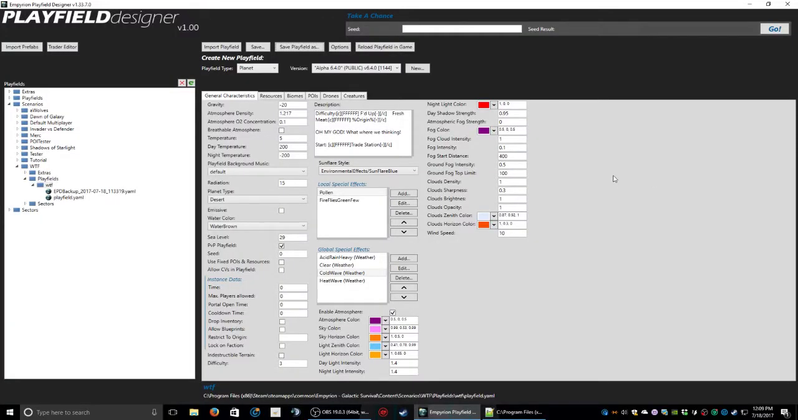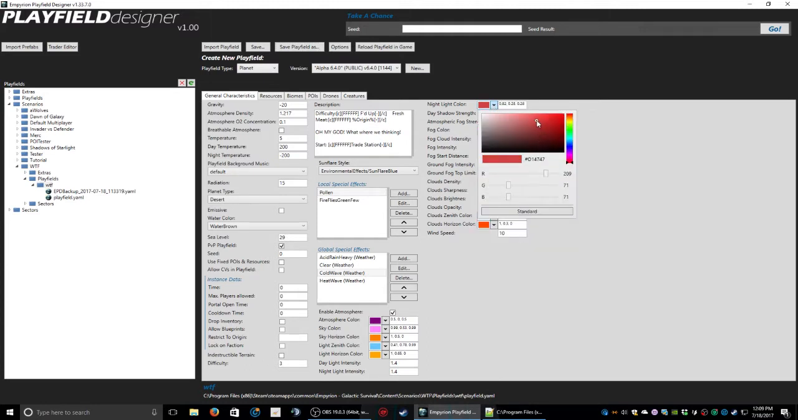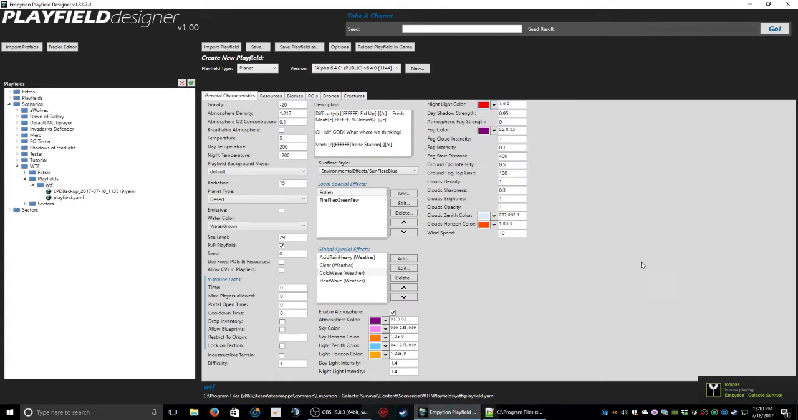Alright, so we've changed the colors of the night. You know what? I like the red. Let's lighten it up a bit. Maybe add a little bit of... you know, red's good. We'll leave it as is. Okay. So,